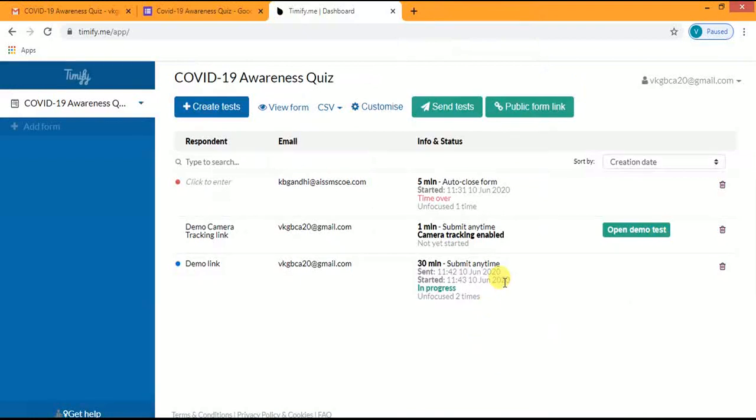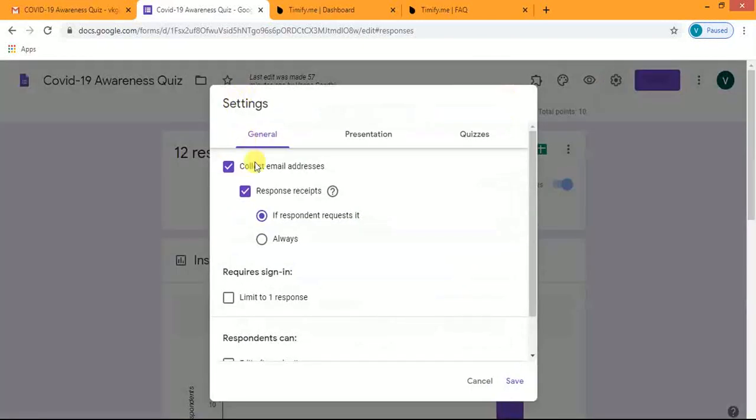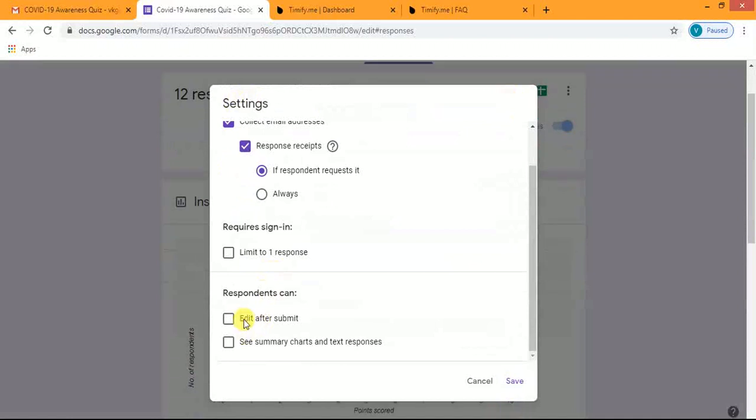Now with Timify.me, with the free plan, only 100 tests can be given. Only 100 students can appear for the test. For the paid version, more options are available. Also, Timify.me made some changes in the settings of the Google Form, like the option Edit after submit is disabled with Timify.me.